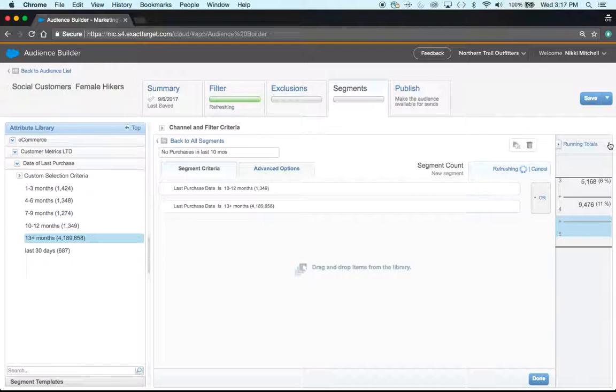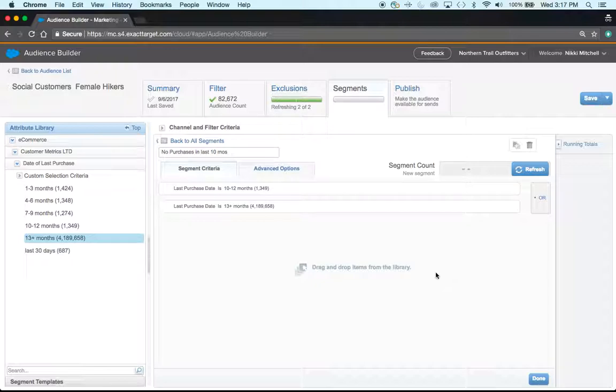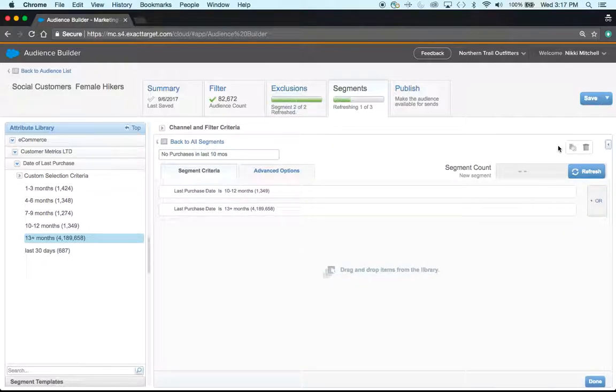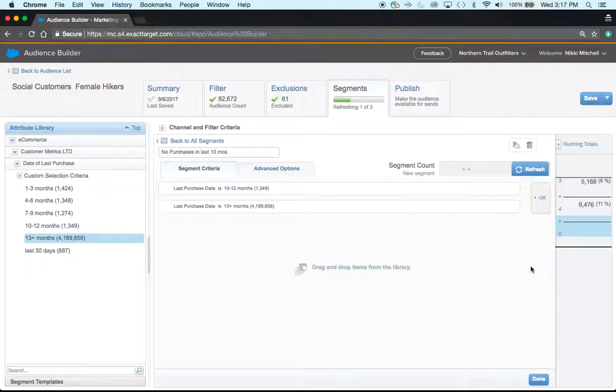So keep in mind we can keep an eye on our running totals here. So we know from our previous two segments what we had there, and it's still in the process of refreshing those totals. So that what we see in that blue bar there, we can tell is going to be where this segment is going to populate. And so indeed it pulled out for us. It's saying that there's no one here, right? So maybe they didn't have, but essentially, if we go back to all segments,